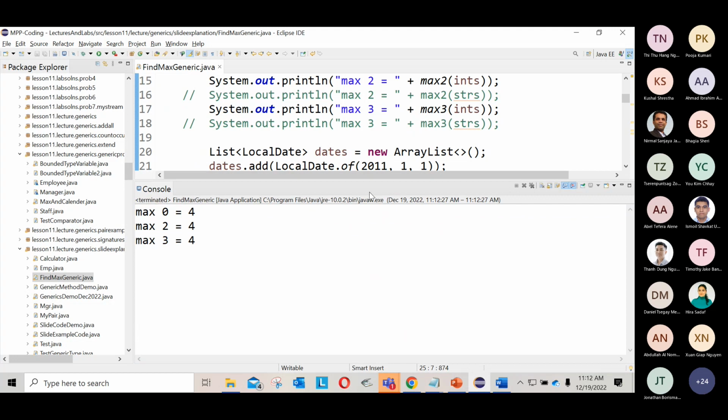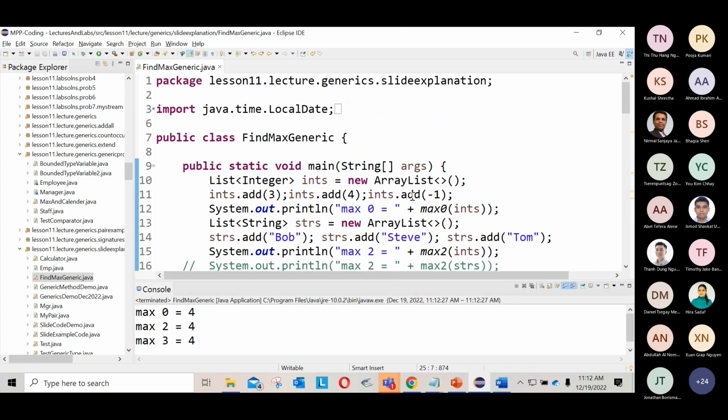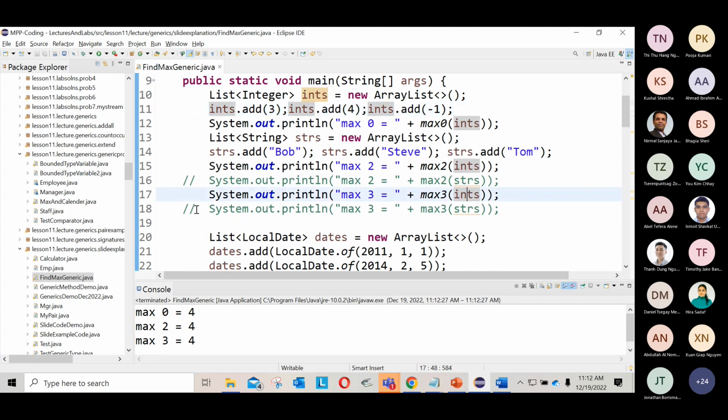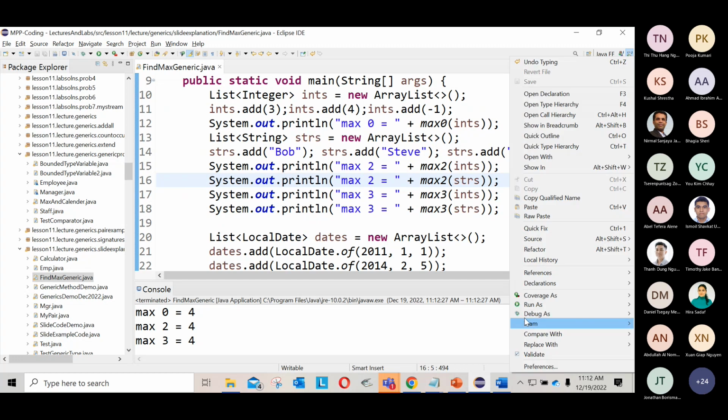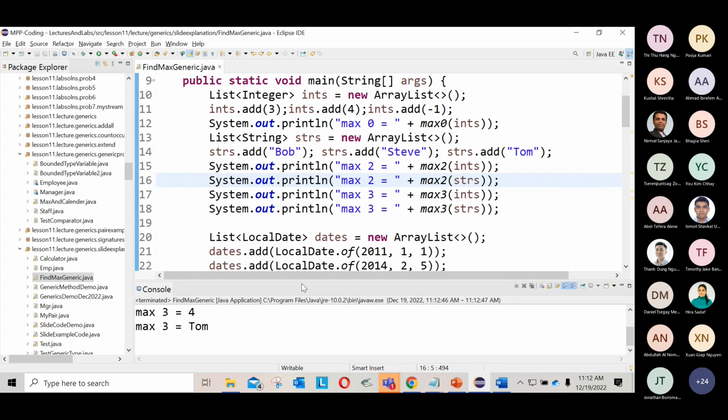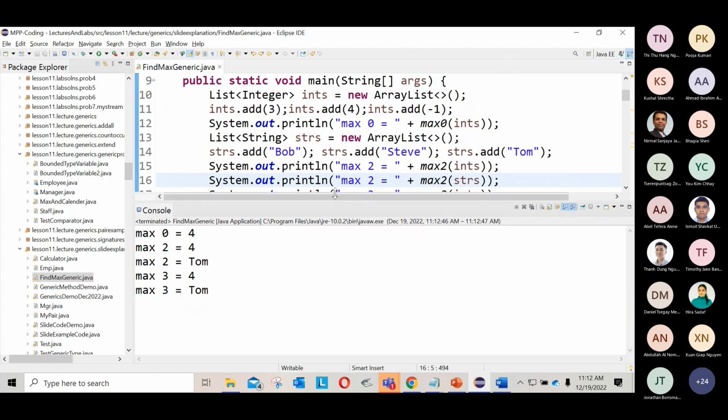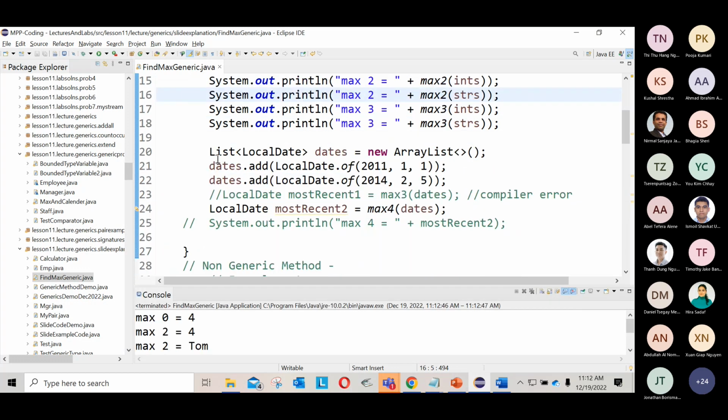From the integer collection, the maximum value is 4. So we pass the integer collection. Let's do it with the string collection too, with all the same methods. The maximum string may be OPQ or ST Tom. Let's see. So it printed Tom. I have no issue so far with my implementation, but what happens when I make a collection of local